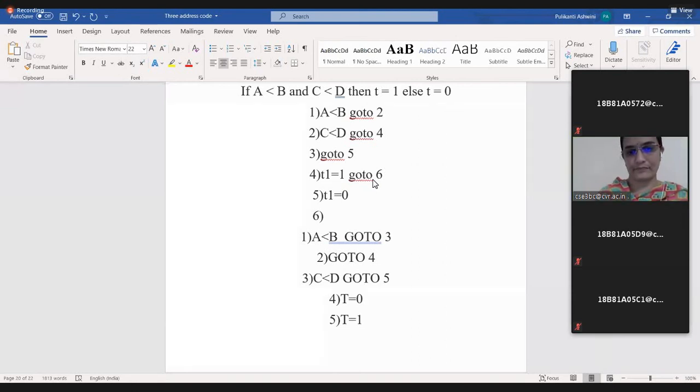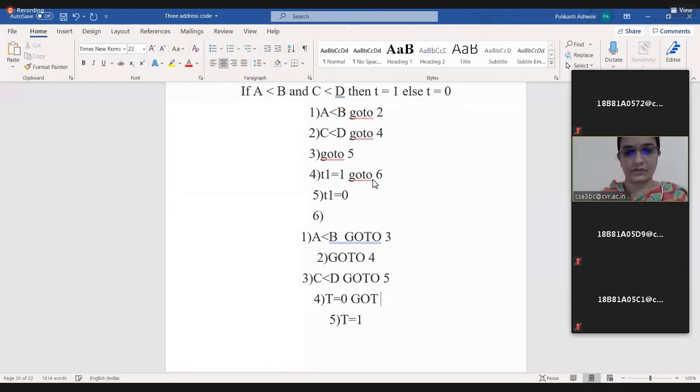That much only, ma'am, but it won't work. Why? Because after printing T equal to 0, it has to come out, right? Then in the fifth step, we can go to 7, and in the third step we can keep go to 6. We should add one more.